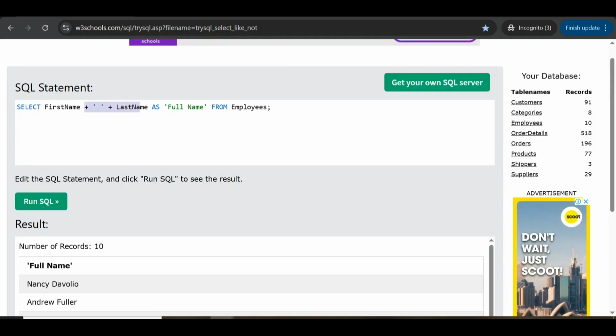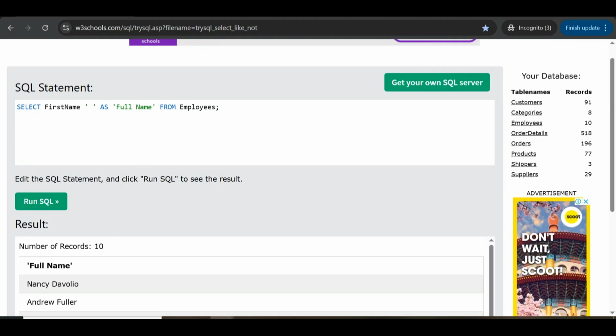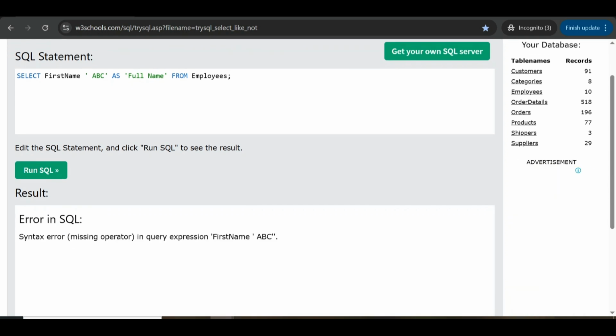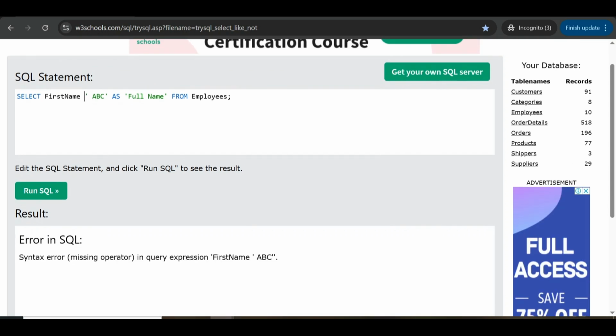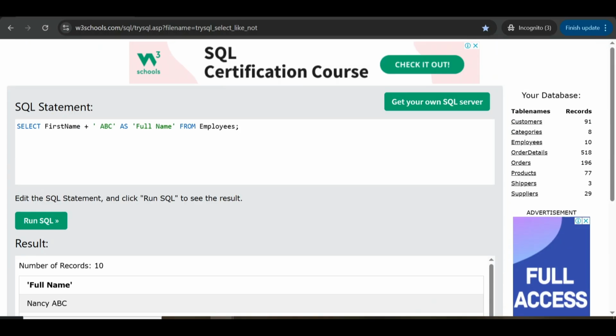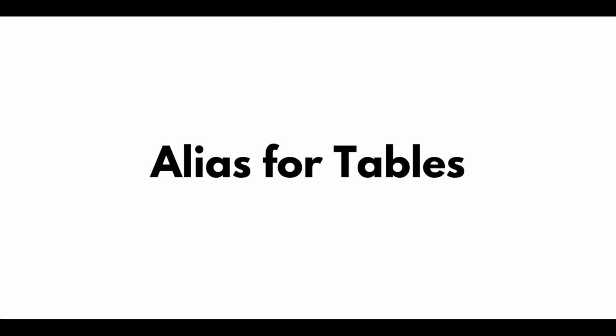And what about a random character example? Maybe ABC, like this, plus name, plus ABC.